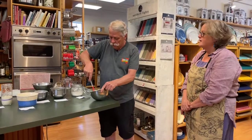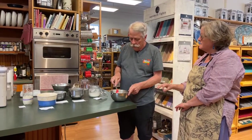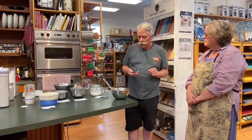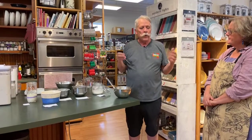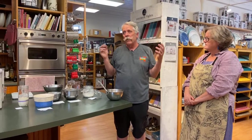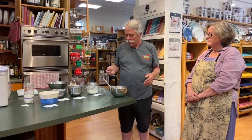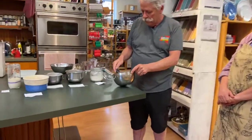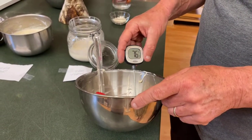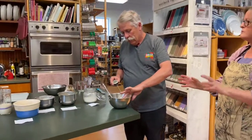So when you mix the water in there, I saw you earlier and you were taking its temperature. So are you adding it at that temperature too? Do you want to make sure your tap water, your spring water is... I've got a temperature gauge here. Your flour is going to be whatever the ambient temperature in your kitchen is. So if your kitchen temperature is 74 degrees, then you would just want to throw in 74 degree water or 75, somewhere around there. And so we're at 76 degrees. So you don't want to shock it with hot or cold water. You just want to make sure it's about...